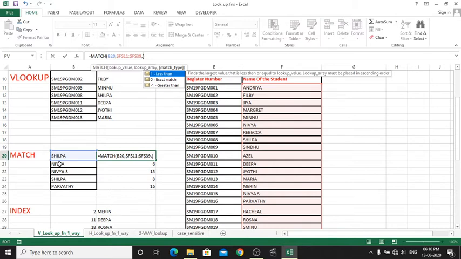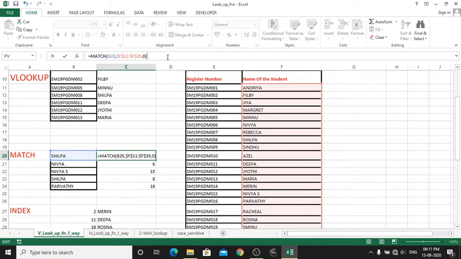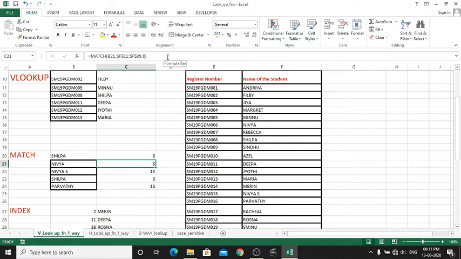So since here we are passing text data like a name, we will not have any less than this name or greater than this name. It will be an exact match with this name, right? So I am passing 0 as the last argument, and I am just closing the bracket and click enter.